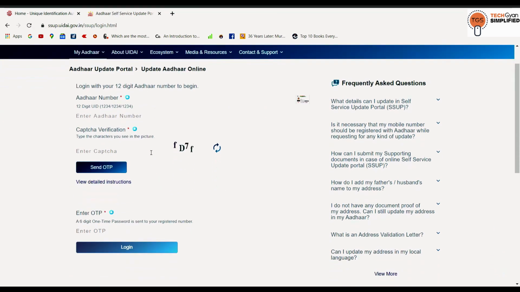Okay, so here you need to enter your 12-digit Aadhaar number. So check your Aadhaar card and write the Aadhaar number from that. Let me write it down. Then enter the CAPTCHA details correctly and click on the send OTP.